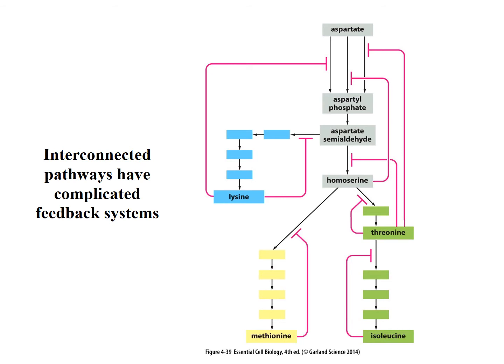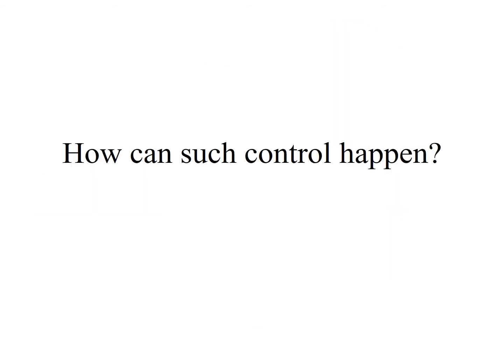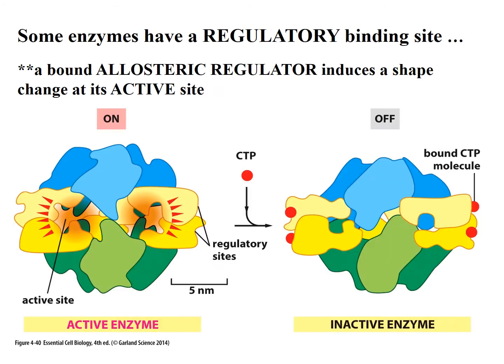Now, the metabolic pathways going on in a cell are usually interconnected, and so their feedback systems are very complicated, so that different pathways may block one another in a variety of different ways. So, how can we manage to do such control? One common way